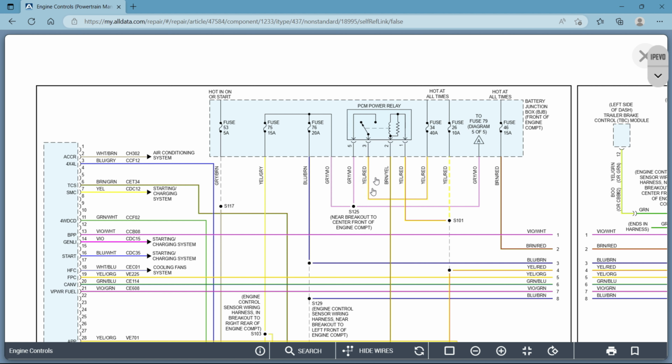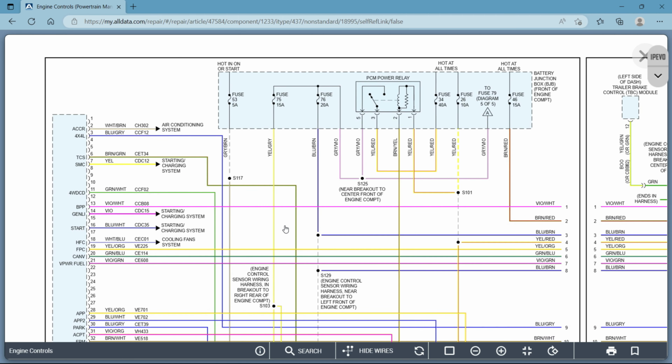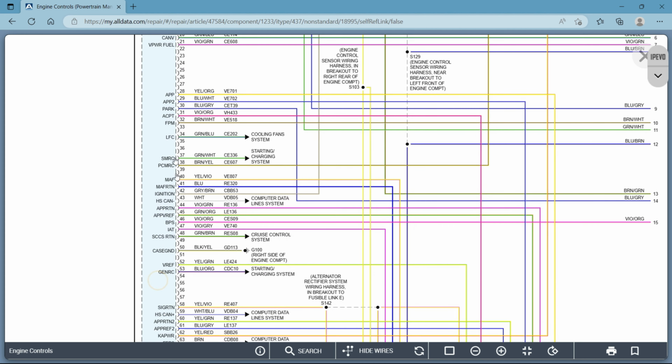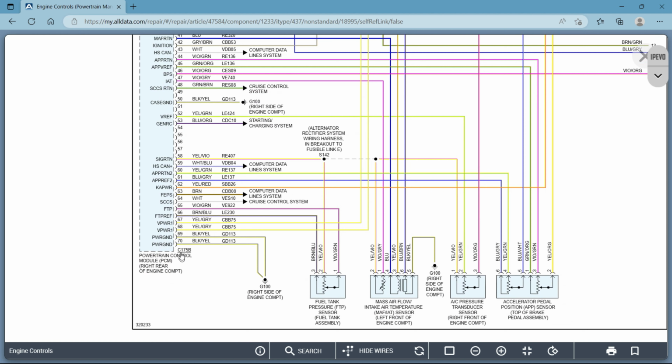So, going back here, you can see you have relays here, a relay. And these are the pinouts, 1, 2, 3, and 5, okay? On other manufacturers, they'll literally give you the pinouts that you would see in a car, meaning 86, 87, 85, stuff like that. So if you look at, let's just say your TCS wire here, okay? These numbers that are on the outside of the component that you're looking at, they're the pinout. So if you were to go to your engine computer, you would find this number,